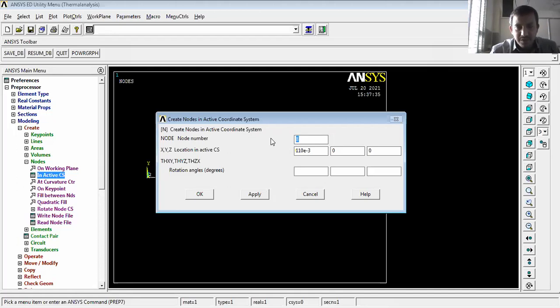So this is node number 5. Next, node number 6. 110 plus 20, 130. 130 e raised to power of minus 3. Apply. Now, what is node number 7? 130 plus 1, 131 e raised to power of minus 3.